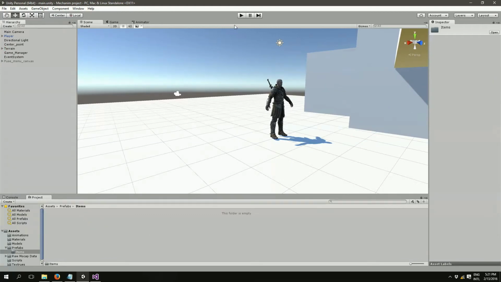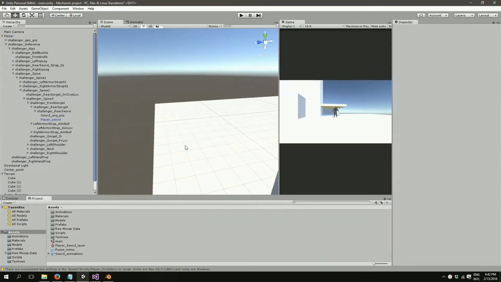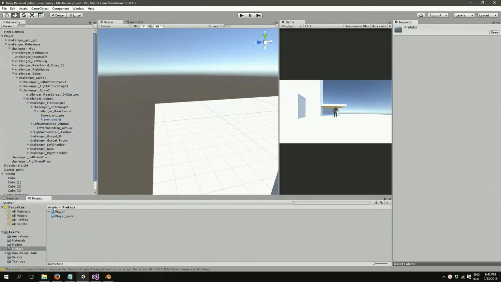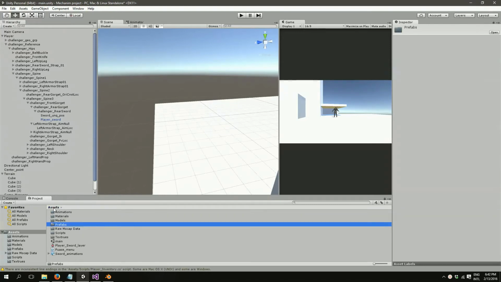Sorry for interrupting the video, but I've just realized that this is not a good way. So what I've done, I've just realized I do not have a sword prefab, so I've created one in a prefabs folder. But